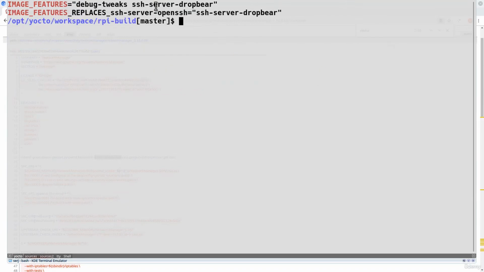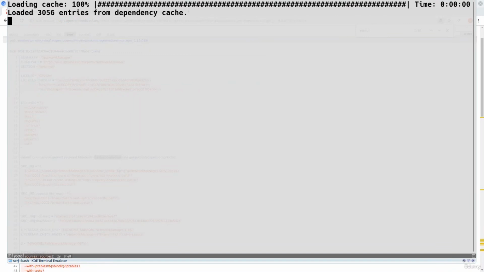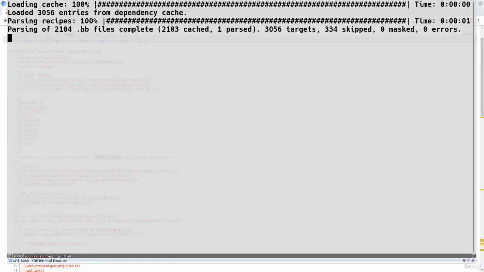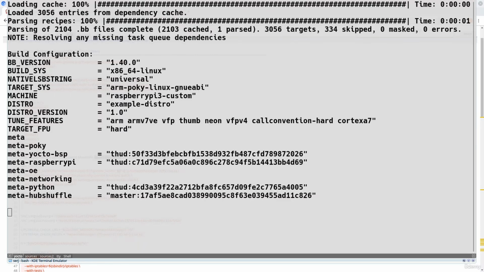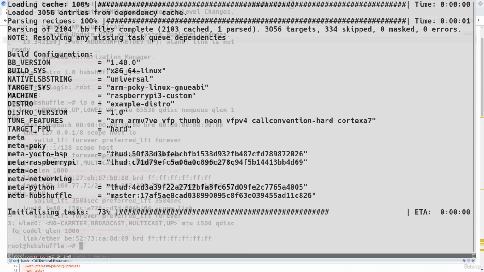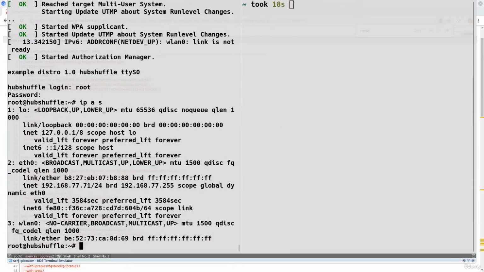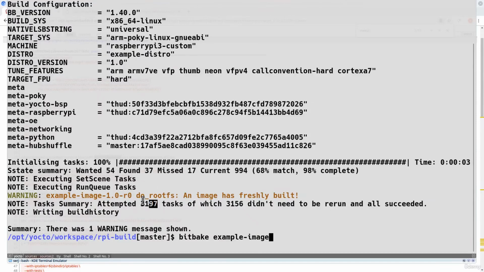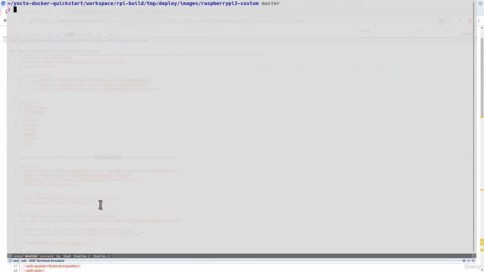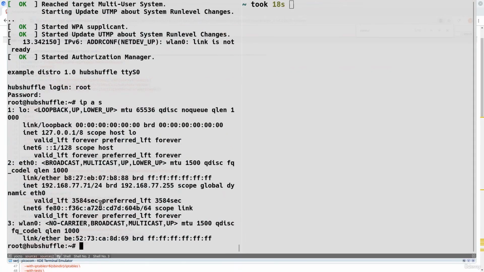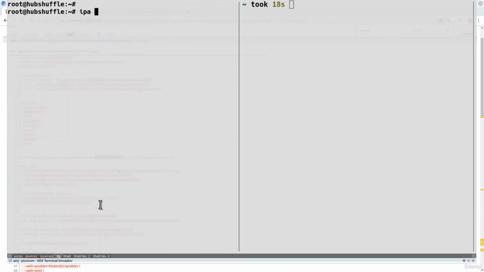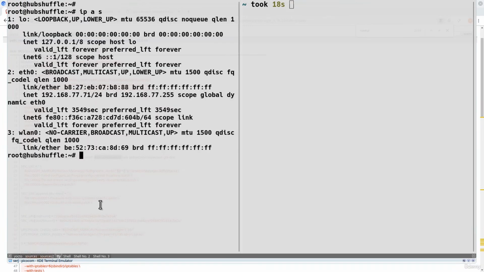Okay, let's rebuild the image and then test the SSH server. So the Raspberry Pi has booted, and as you can see, the quirky message showed up. And in order to test the SSH server, we have to make sure that we have an active connection to a host or to a network which has a DHCP daemon. In our case, I'm running a DHCP daemon with dnsmasq on my computer,